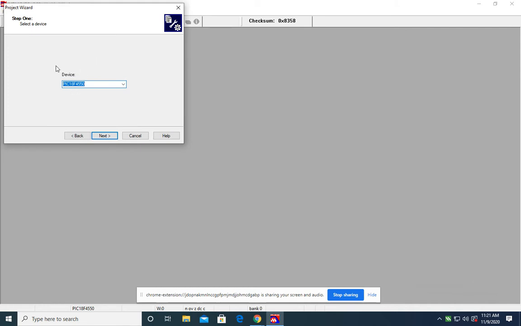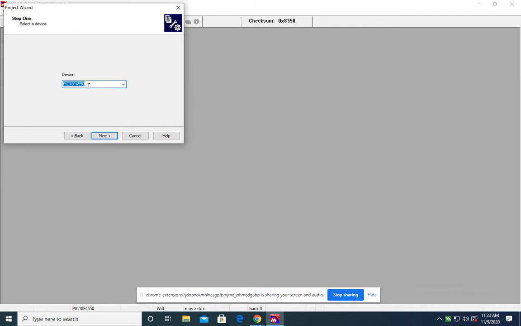This is the first option you will observe after opening this software: you have to select your device. Here we are going to select the PIC18F4550 IC, which is manufactured by Microchip, because our practicals are based on this particular IC.